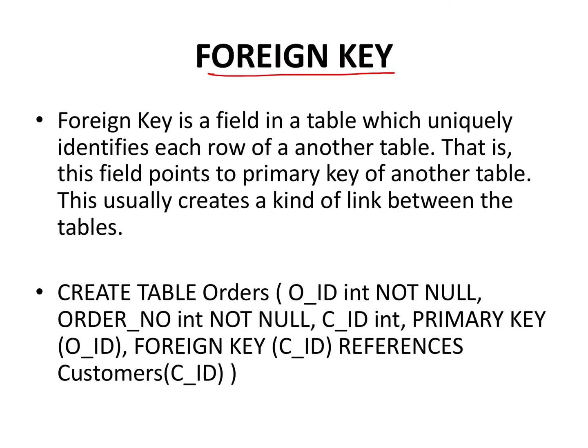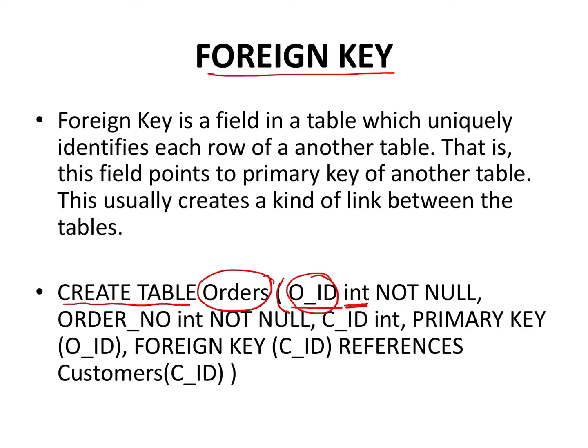Okay, so this is what a foreign key is. So how do we make a foreign key now? Let's look at the example here. Create table. There is a table called orders. Then in the bracket, the first column name is order_ID. So that's the column name. The data type is integer.